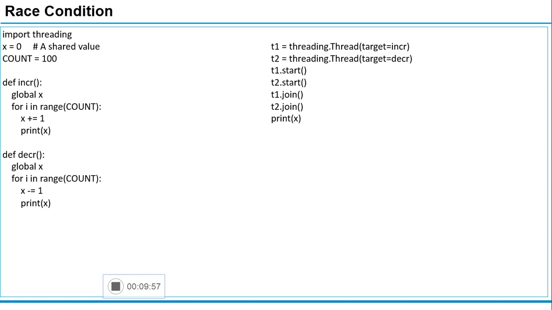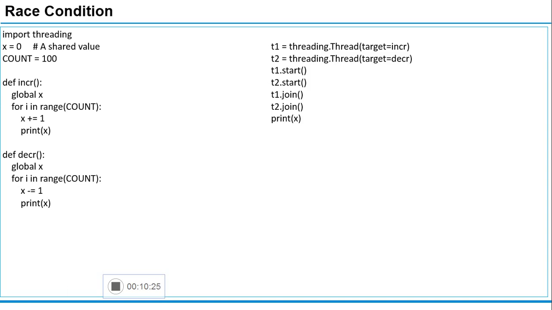Both threads see the value as 100. The first thread takes the value as 100 and tries to update it with 102. At the same time, the second thread has already read the value as 100 and subtracts 5, so it has updated the value as 95. The actual value that should be reflected is 100 plus 2 minus 5, which is 97. Instead of 97, it is reflecting 95. This is due to a race condition.